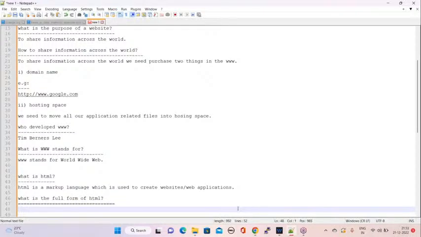Okay, what is the full form of HTML? Hypertext Markup Language. What is it, everybody? Hypertext Markup Language. So now,